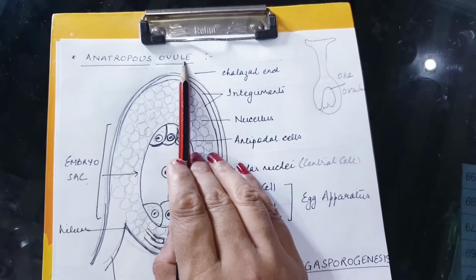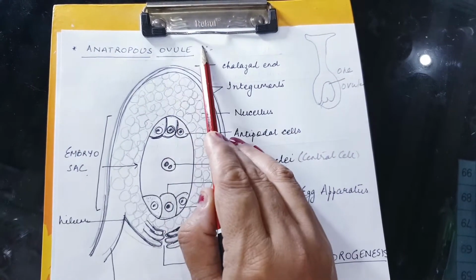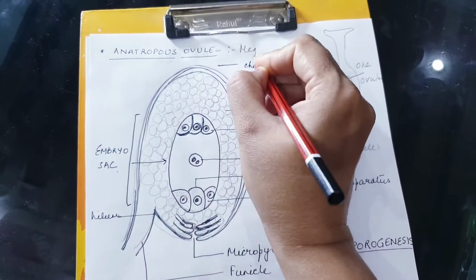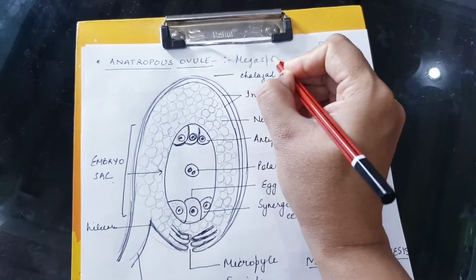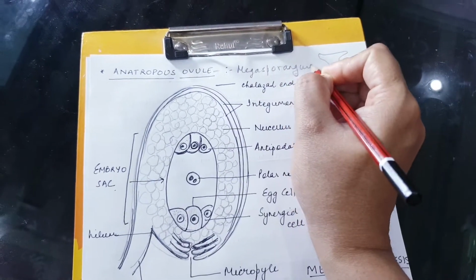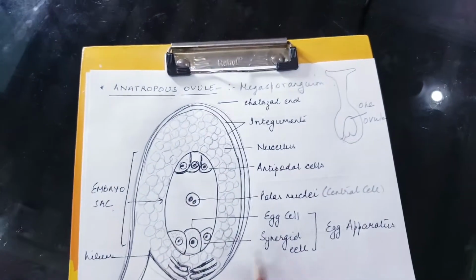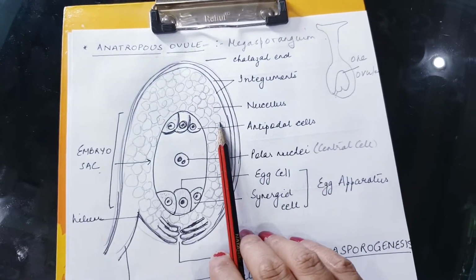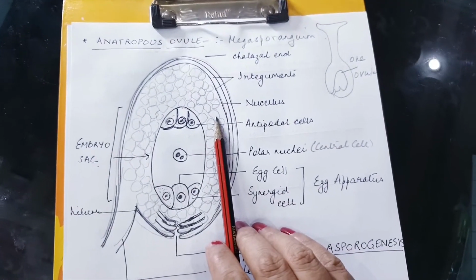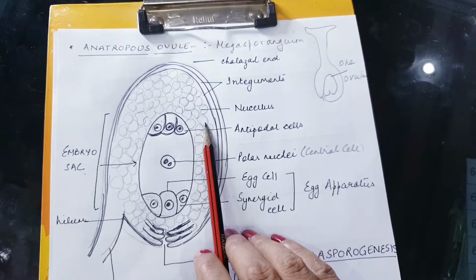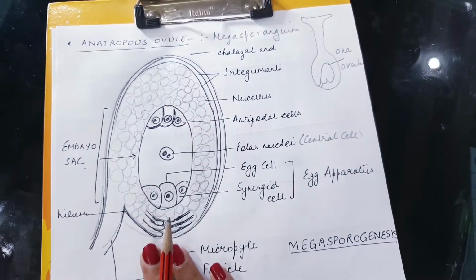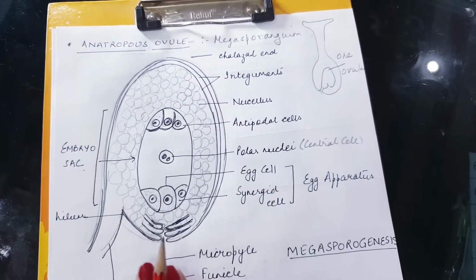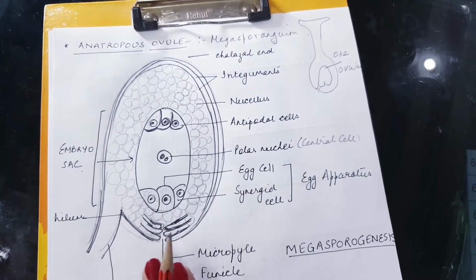I expect that by this time you understand that an ovule is a megasporangium. Right? An ovule is a megasporangium, and when it is immature, when it is mature, this I'll be telling you in this session. Right? As of now, the diagram that you are watching is a matured Anatropous ovule